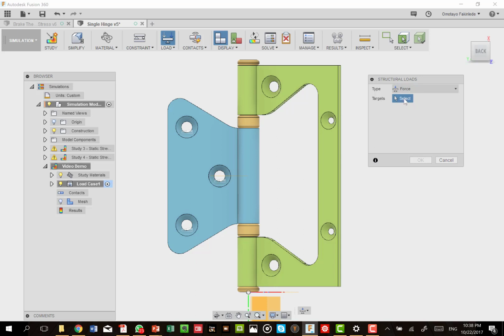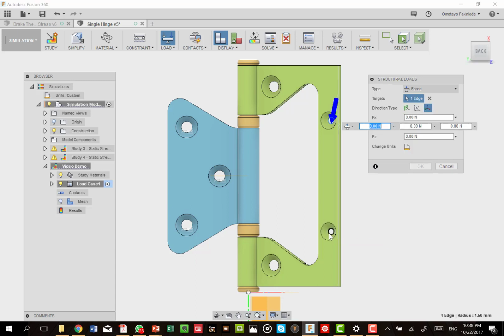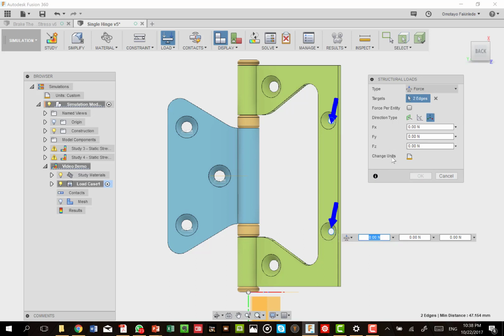If you select force, again, we have to select the targets. Now, we can select all these 4 screw holes because these are the things that will support the door, and this is where the force exercised by the door will be felt. So we might decide to select that, and that will be fair. But for simplicity, we're just going to look at these two, this one, and this one, and we're going to look at our direction here.